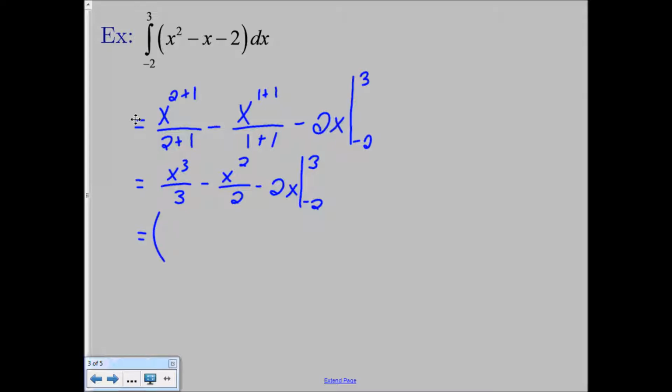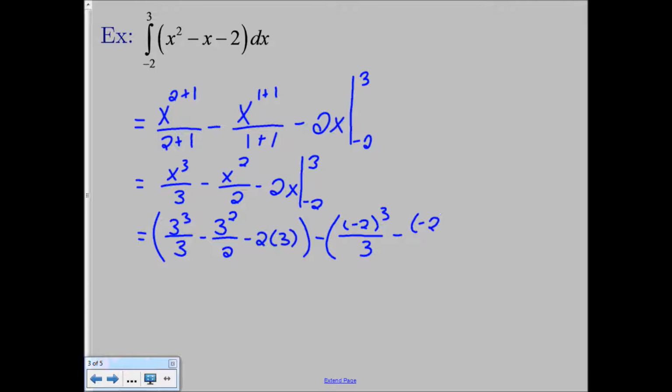So we have to do the 3 first. So we're going to get 3 cubed over 3 minus 3 squared over 2 minus 2 times 3, minus, plugging in -2, we're going to get (-2) cubed over 3 minus (-2) squared over 2 minus 2 times